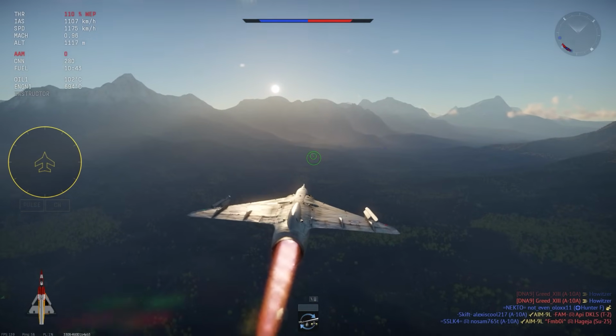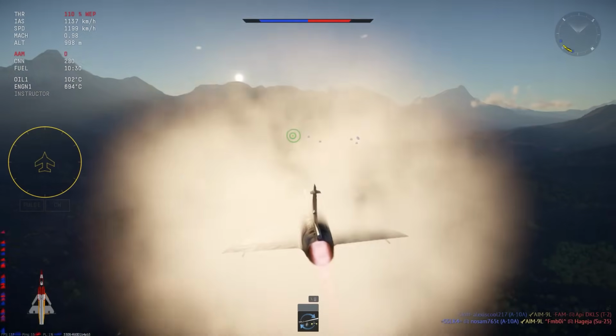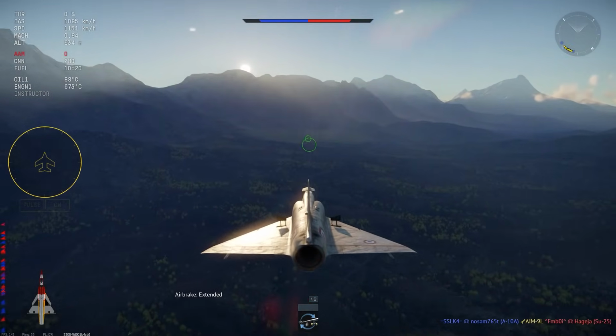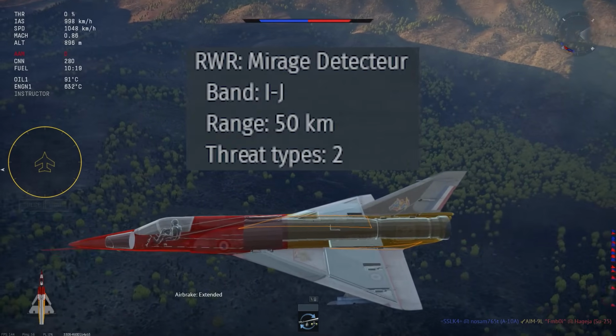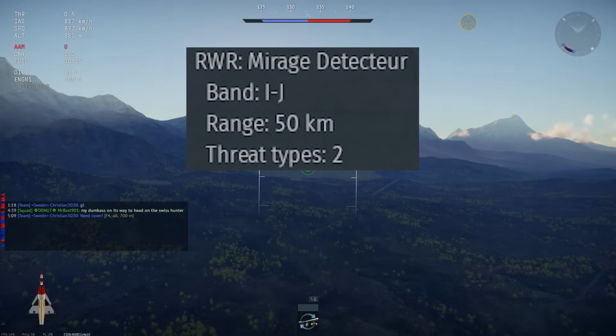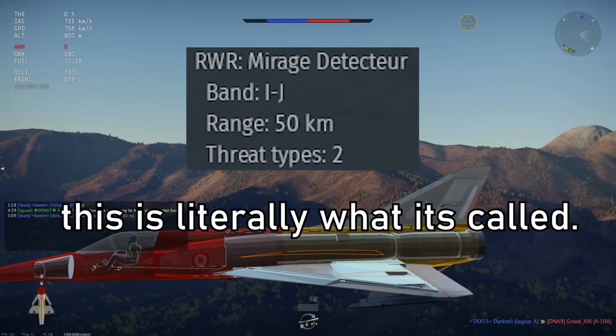And I just cannot go on without pointing out how stupid the name of this RWR is. Hey Pierre, what should we name our new radar warning receiver for the Mirage? Oh, I don't fucking know. Mirage detector? Holy shit, Pierre, you're a genius. Yeah, it's literally called the Mirage detector. I don't...